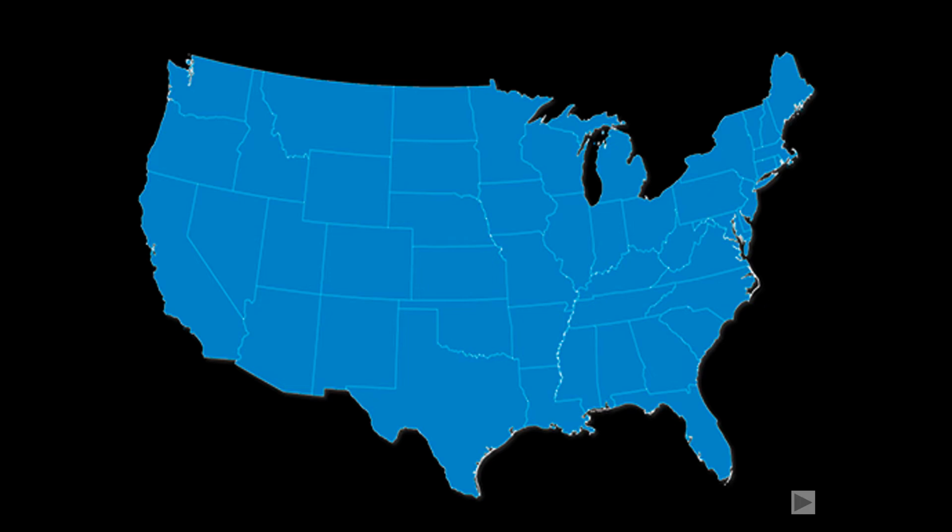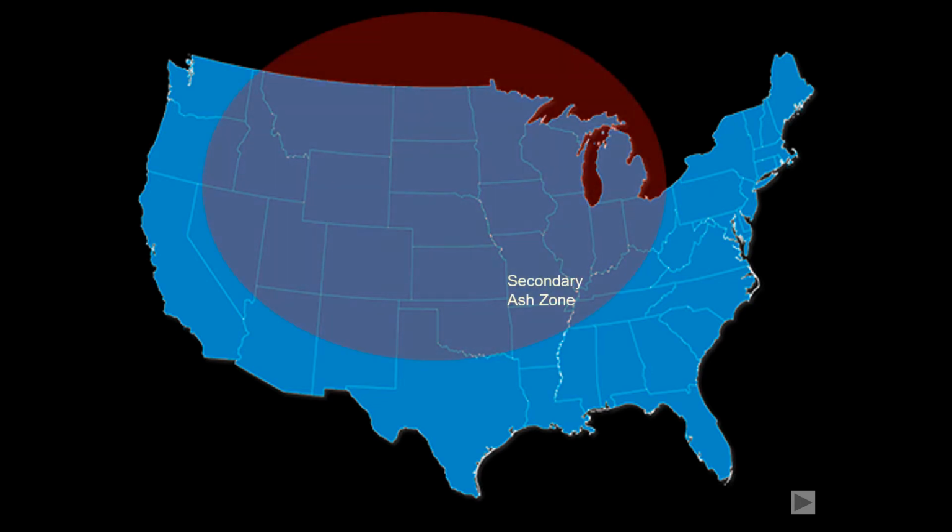So it may happen again, but if that happened, that would be the secondary ash zone, this primary ash zone, and that would be the kill zone. Everything in the kill zone will instantly die. So that's the important thing that I just wanted to make sure that we have in the United States a